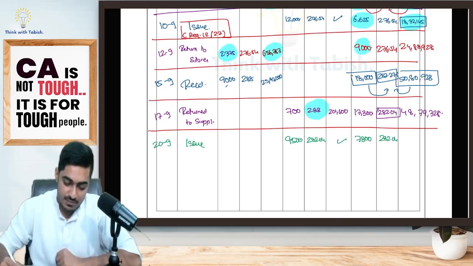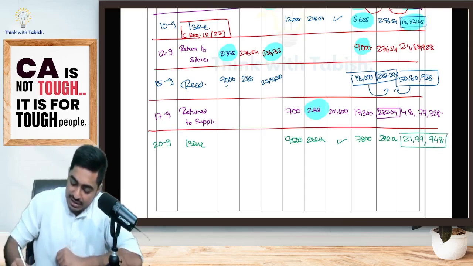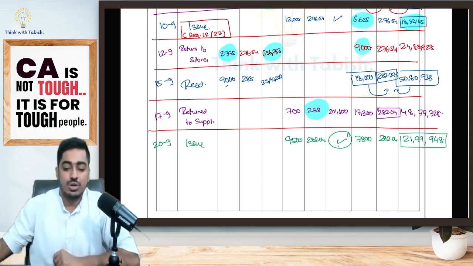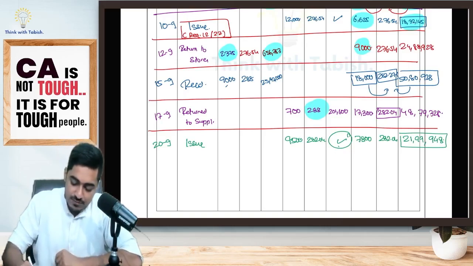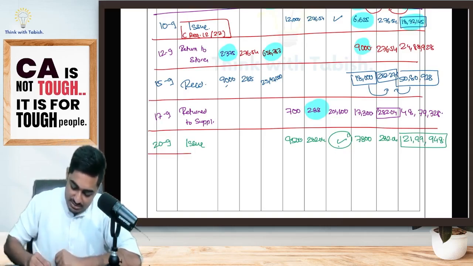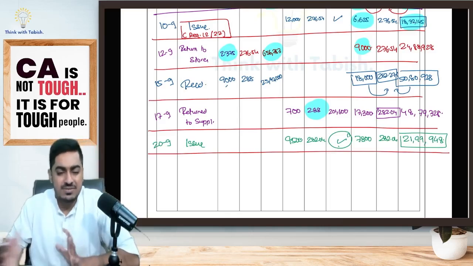That means I'll be having a value of 21,99,912. Okay, 21,99,948 is what they have given here. Because what ICI does is, it will calculate the issue, and from here it will reduce this amount and give it here. So a small rounding off will be there. I have told you, small rounding off and all, don't worry. When you're doing calculations like this, small rounding off will be there. If you take up to 4 decimal digits, it will comparatively reduce.